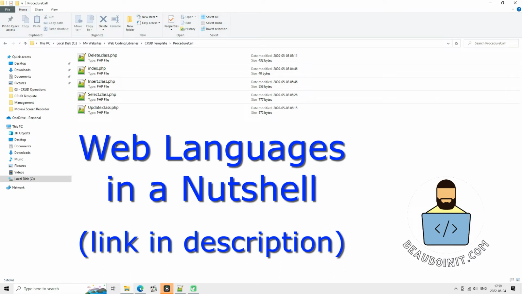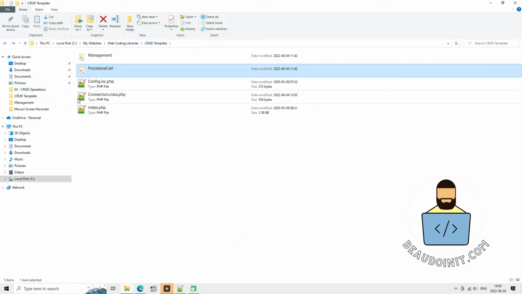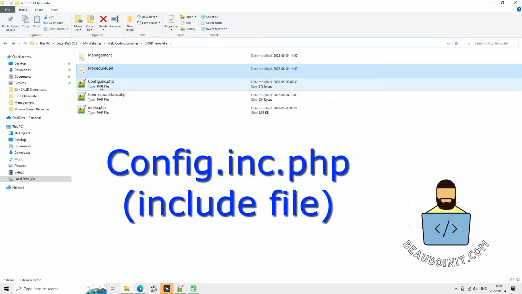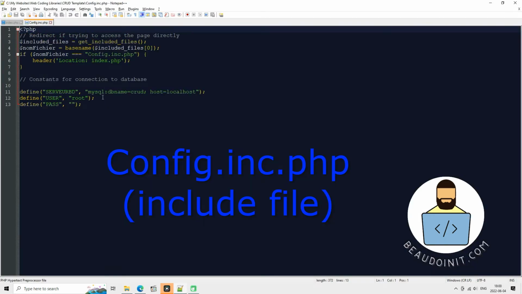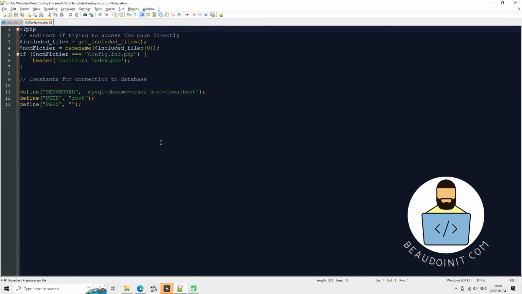Onto the actual files. Let's start with config.inc.php. We named it inc because it's a file to be included in a project. Its contents will also need to be modified once we migrate our website to a different environment. For example, we'll be using one configuration file for our local development using WAMP, and then once we're ready to publish our website online, we'll be modifying the login information so that our website connects to the actual database provided